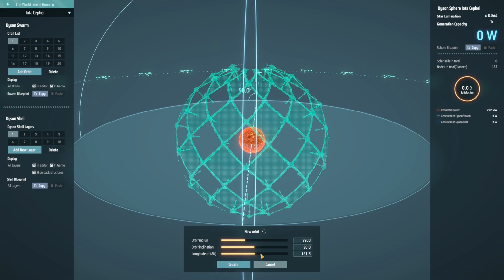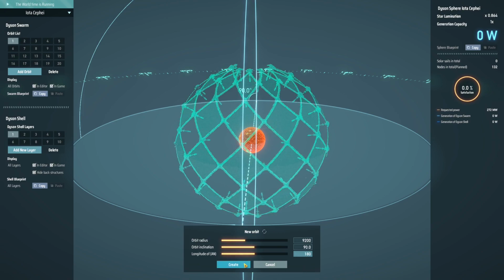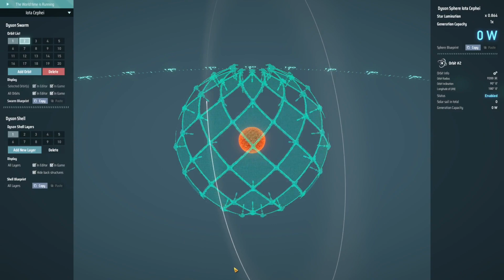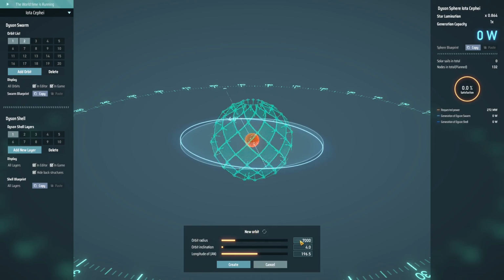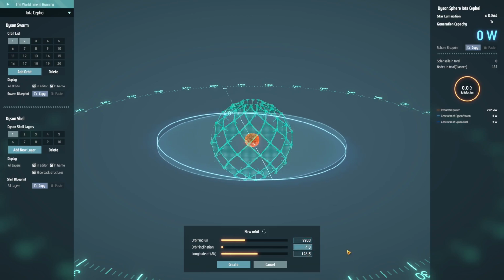180. Yes. Oh, you know what? I should just type it in. It's just faster. All right. So that's going to be a little bit of a different offset. We'll do that one. Now, orbit 3, same deal. We'll add an orbit. It too will be 9200 because that's what the first one is. Okay, not something like that. 9200. Orbital inclination will be